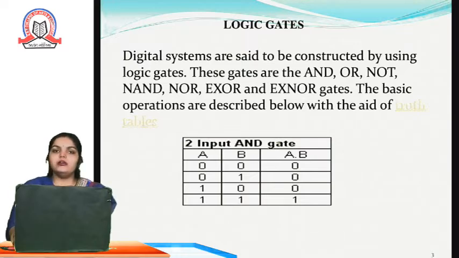If you want to design any digital circuit, it works on digital logic gates only. The basic operations are here in the truth table. We can perform AND operation, NOT operation, OR operation by using these gates.